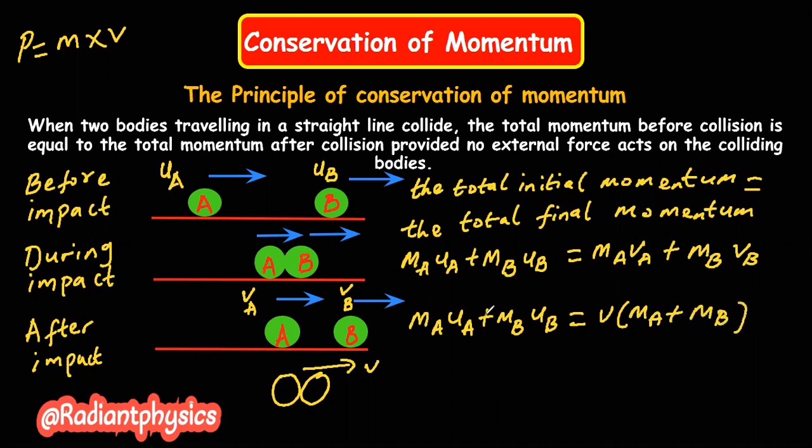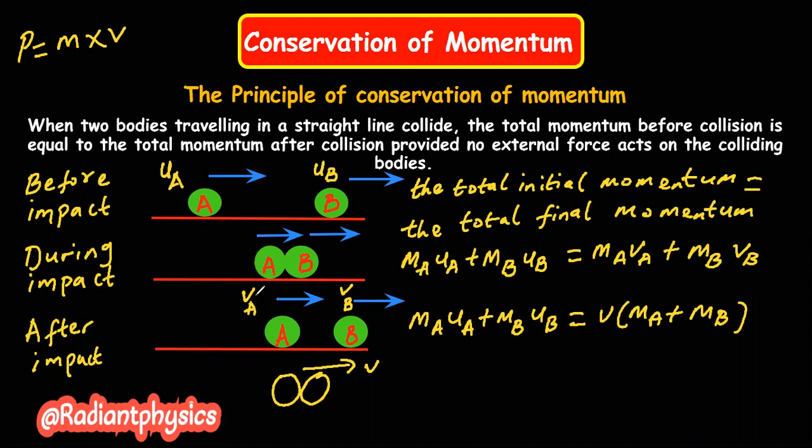So take note of this equation too. We are going to need this equation as well. Let's take a look at this again. So this M stands for the mass of the object A, the ball A, and its initial velocity is given as this. And then MB stands for the mass of this object as well, and UB stands for the initial velocity of this object. And then here we have MA, which stands for the mass of this object, and VB is also given as the final velocity of this object,